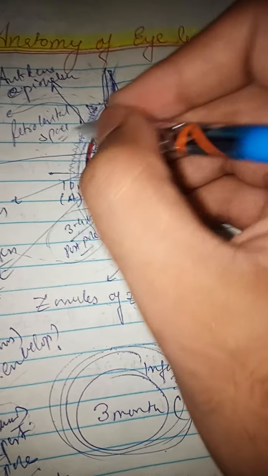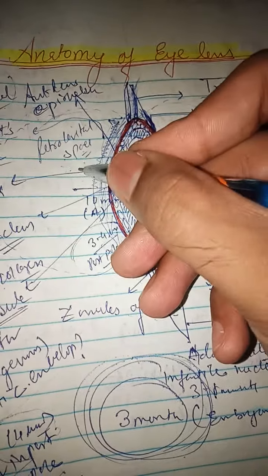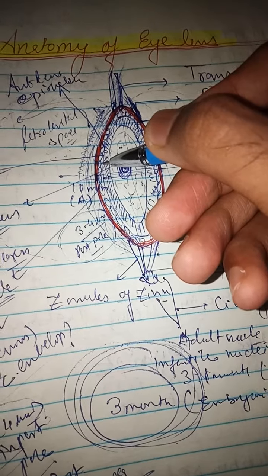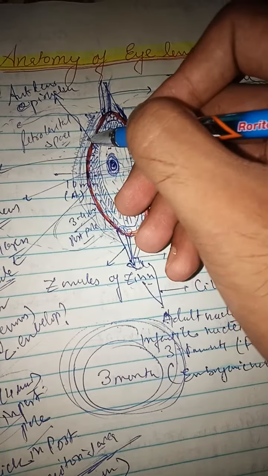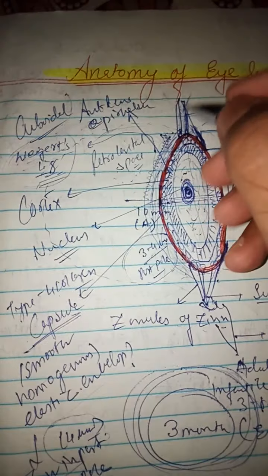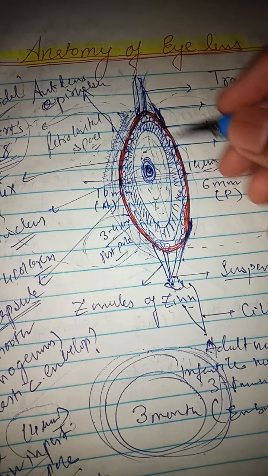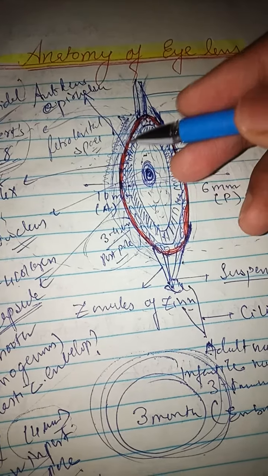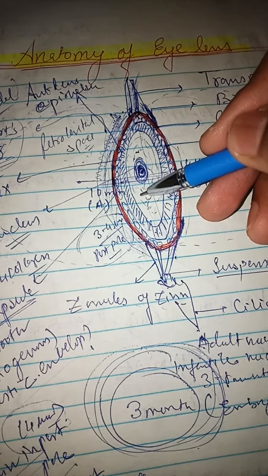and beyond the posterior surface there is the vitreous humor. Between the vitreous humor and the posterior surface of the lens, there is a retrolental space where it is attached to the vitreous by Wieger's ligament. Now it has an anterior lens capsule, a posterior lens capsule, a cortex inside, and the nucleus inside, and